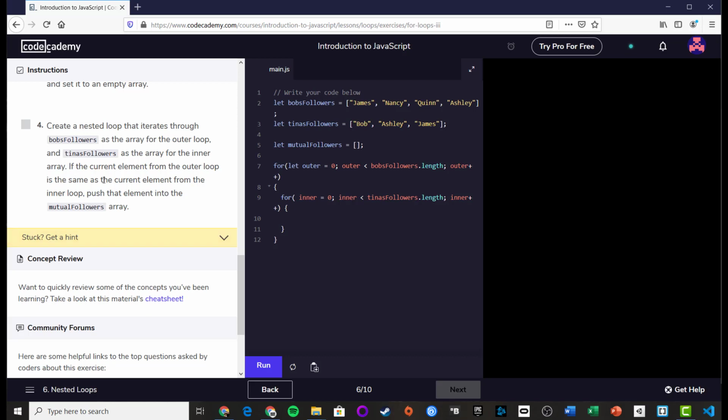if the current element from the outer loop, so if the outer loop is Bob's followers, and the current element is what's stored in the outer, is equal to the current element from the inner loop, so if they match,